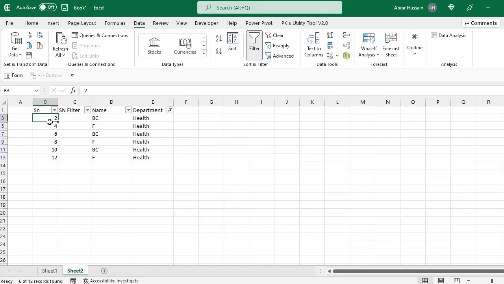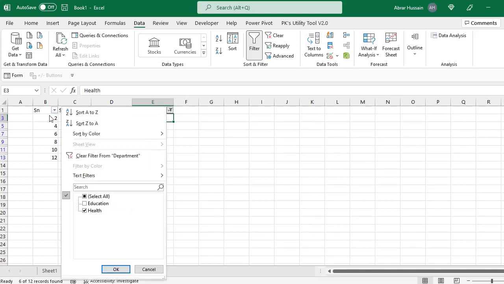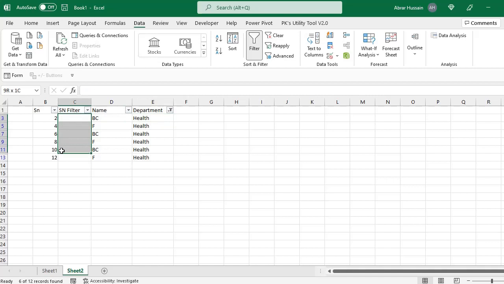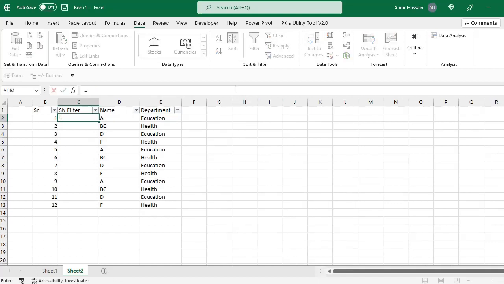Now what if you want that whenever I filter anything, this serial number should be in sequence and according to my filter. For example, here you want this serial number to automatically change to 1, 2, 3, whichever thing I filter here. So for that we use the AGGREGATE formula. What is that? Here you just need to